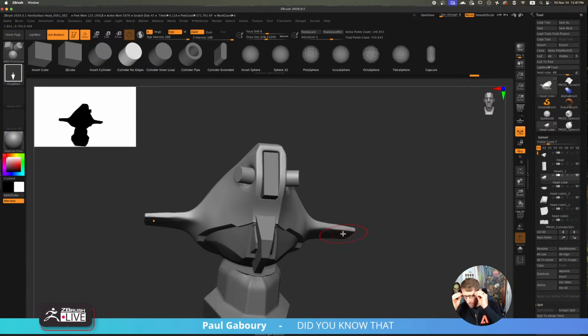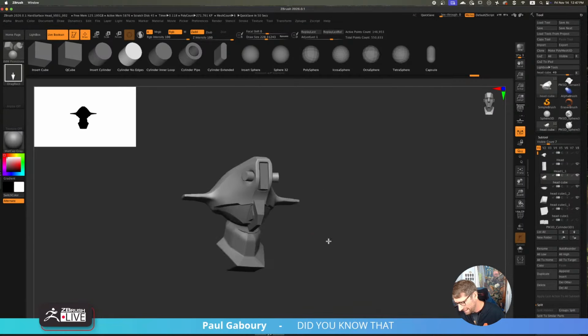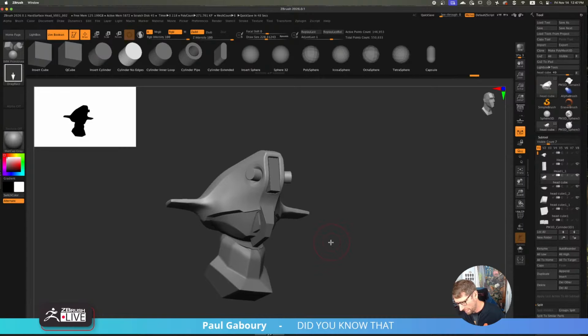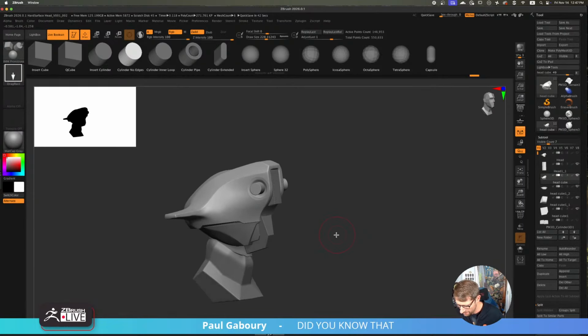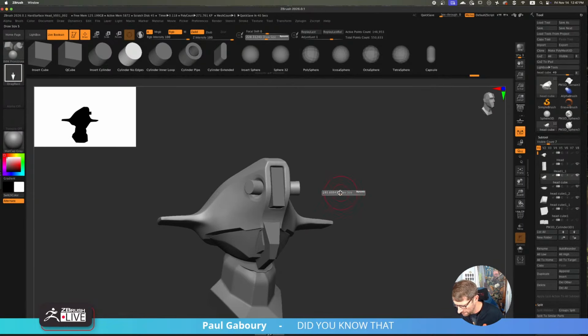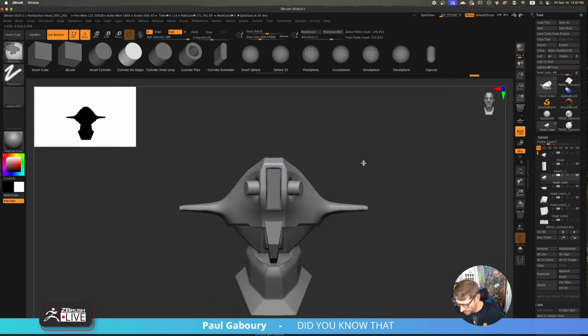This is kind of like how I work with hard surface. I just try to throw some shapes together and see. I'm not trying to get perfection right now. I'm just trying to throw some stuff together and see what's sitting with me, what's not sitting with me, what's working, what maybe is not working. Because obviously I'll make a better cylindrical thing there for sure, which will make it a little bit better. You guys go ahead and chime in when you're ready.